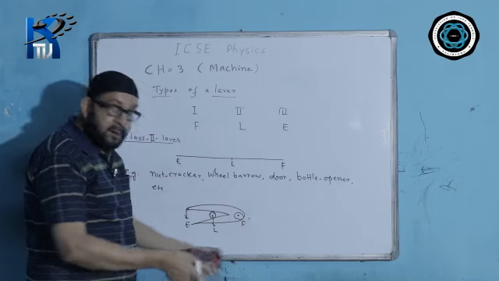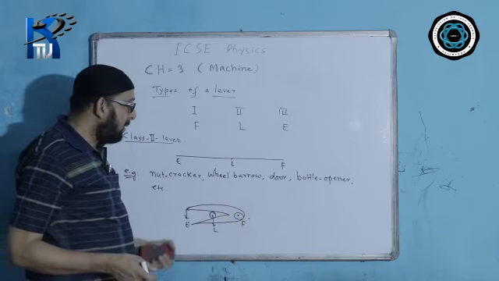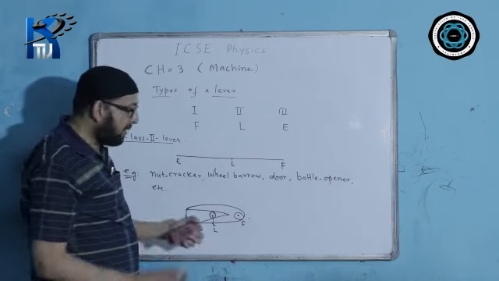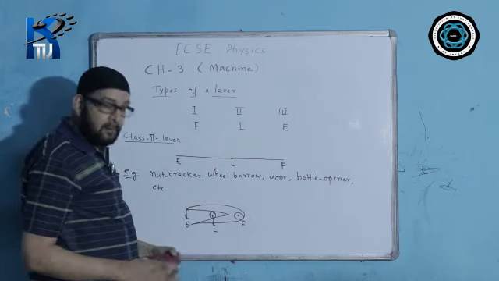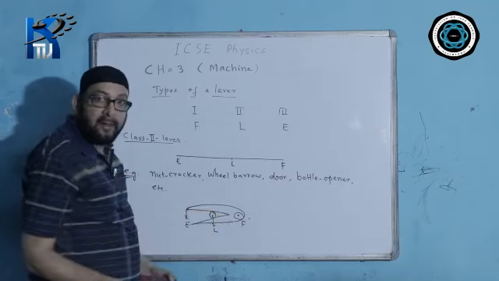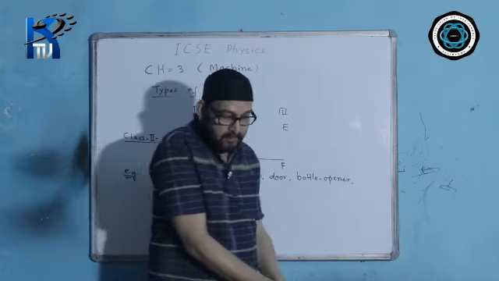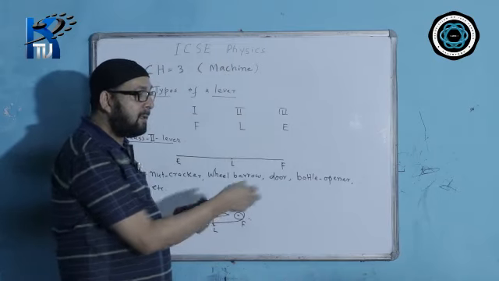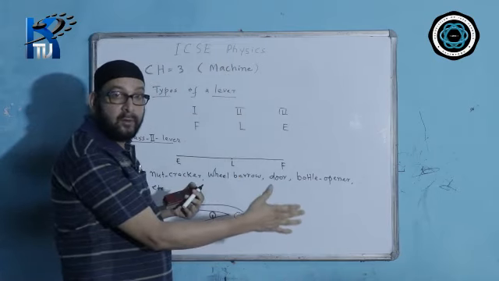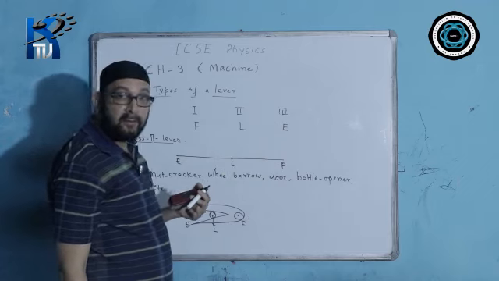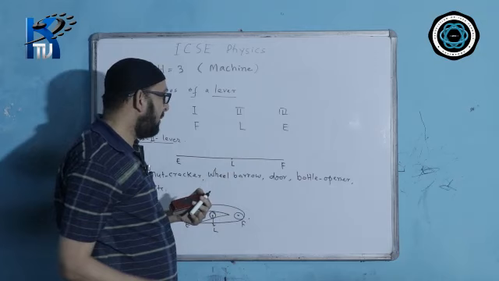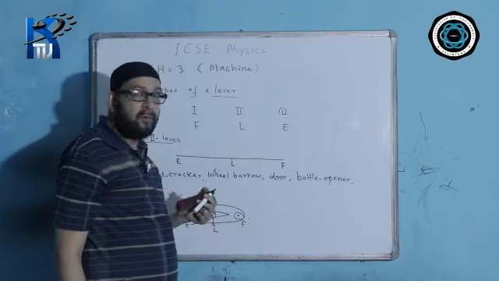Wheelbarrow, or the trolley bag, you must have seen, we are dragging it. The fulcrum is on one side. The load is in between, and through the handle we are pulling it this way, so we are giving the effort over here. This is also a class 2 lever. A door has got a handle, and the weight of the door is the load which is situated at the center of gravity in between, and one side is the fulcrum which is the hinge. It is also a class 2 lever.